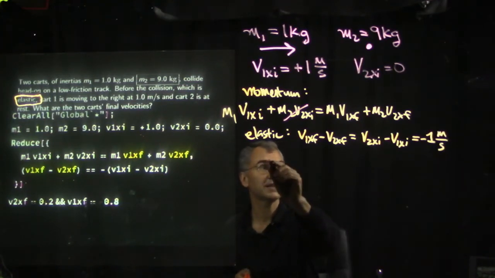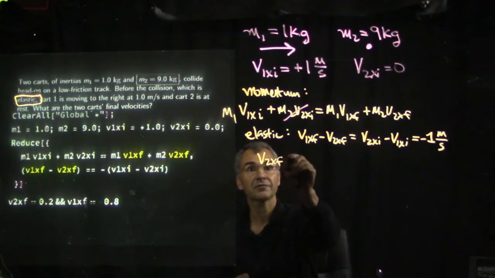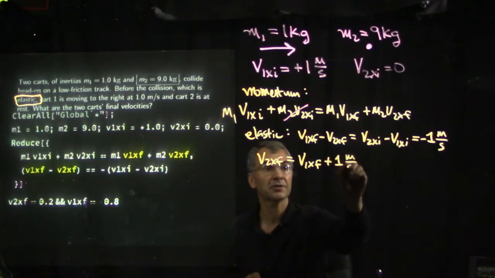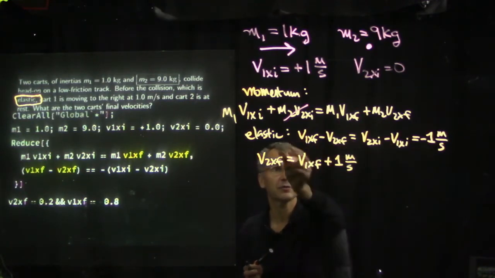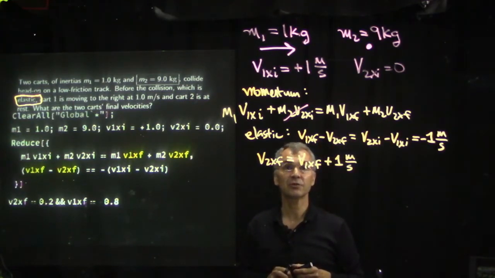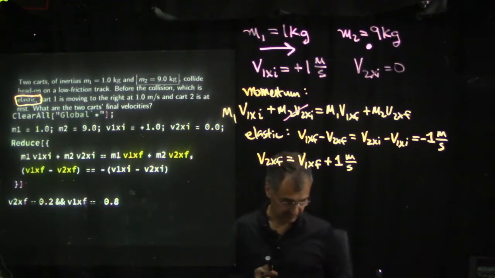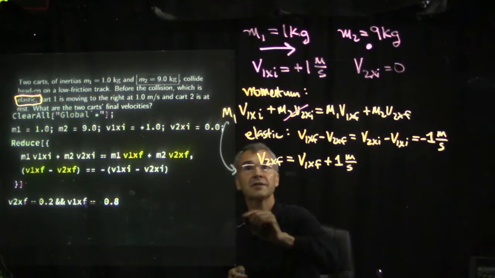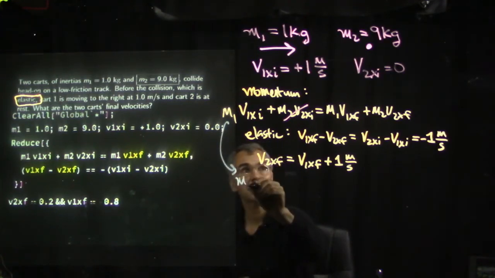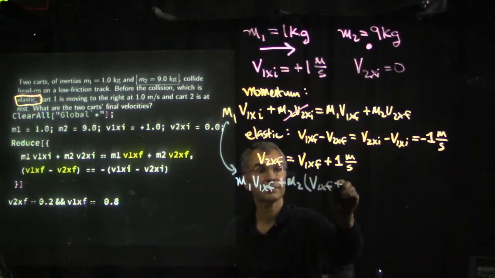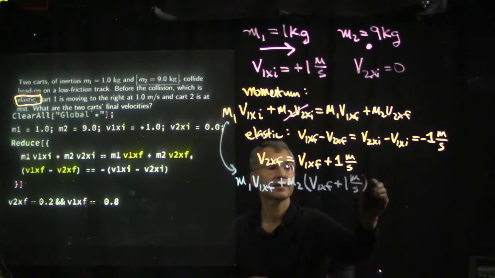So then that tells me that v2xf equals v1xf plus 1 meter per second. Move that over there, move that over there, yeah. Okay, then I get to use the momentum law. So the momentum law gives me, so I'll move this down here, and I get m1 v1xf plus m2 times v1xf plus 1 meter per second equals